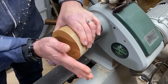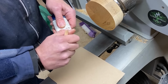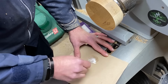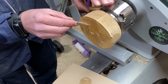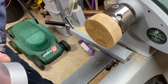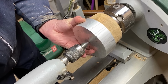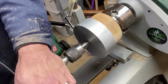The next thing we need to do now is to make up a bit of epoxy resin for us to glue this up to. Right, this is just a normal 2-part epoxy that you can buy at all the big box stores. Apply this to the face. There you go, nice even covering. Now we're going to put our non-marked side against it, bring up our tailstock, and use our little pinpoint that we made at the start to line it up. Lock that in, give it a tighten,